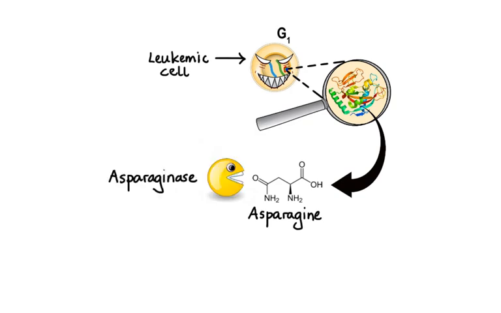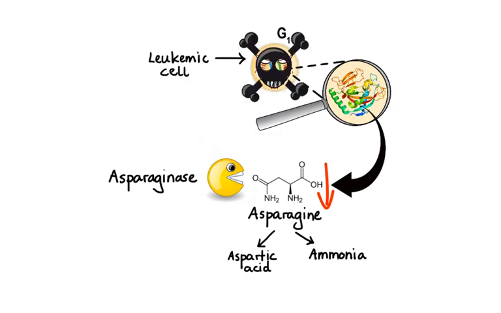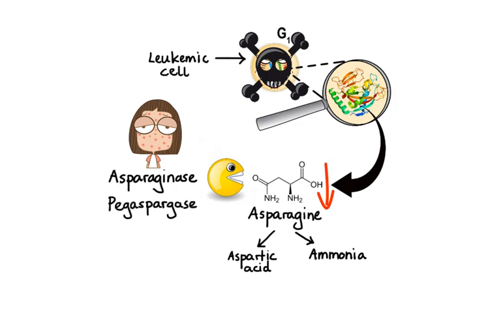Asparaginase is an enzyme that speeds up the breakdown of asparagine into aspartic acid and ammonia. This results in the depletion of asparagine, inhibition of protein synthesis, cell cycle arrest in the G1 phase, and ultimately apoptosis in susceptible leukemic cell populations. For patients with acute lymphocytic leukemia who develop an allergy to asparaginase, there is a slightly changed version of the drug available called pegaspargase, which is essentially asparaginase linked to a polyethylene glycol molecule. In contrast to asparaginase, pegaspargase is less likely to cause allergic reaction, has longer duration in the body, and can